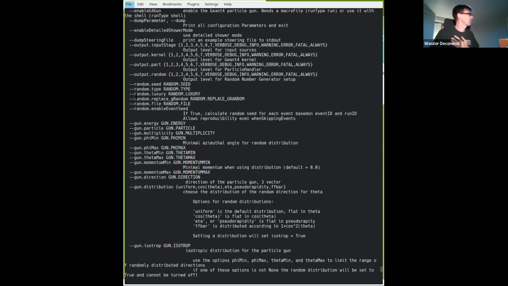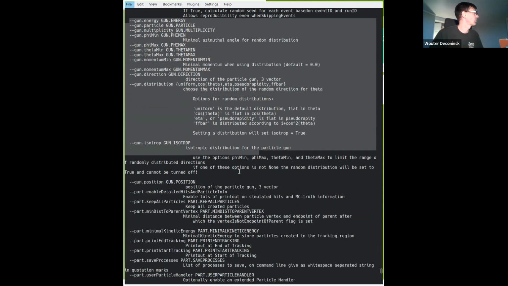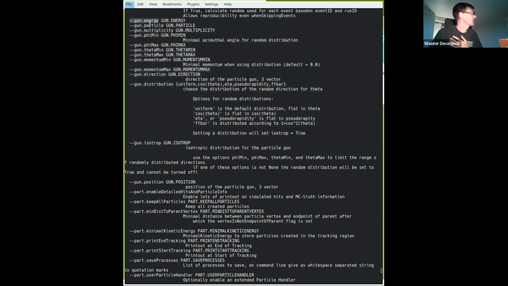You'll see there's a whole bunch of gun options here, which again, we can specify either here on the command line, or we can specify inside the steering file. So what we're going to do is add some of these options first on the command line, and I'm going to ask you to just convert that into adding them to the steering file. So you'll see there's options where we specify the energy, particle type, multiplicity per event, angles in phi and theta, or ranges in phi and theta, ranges in momentum,